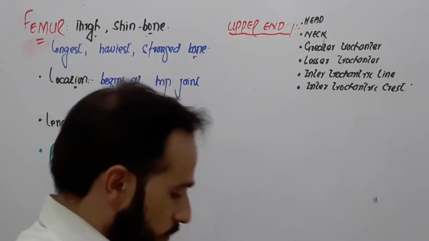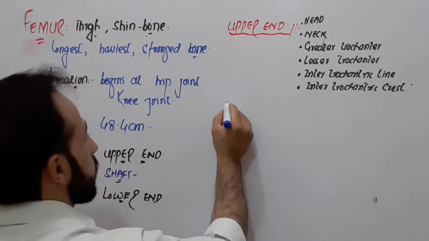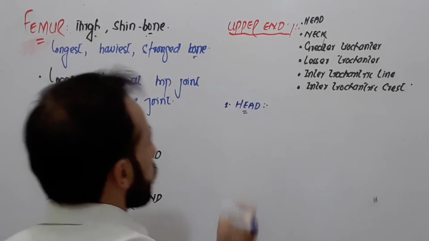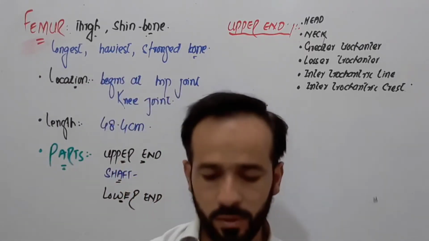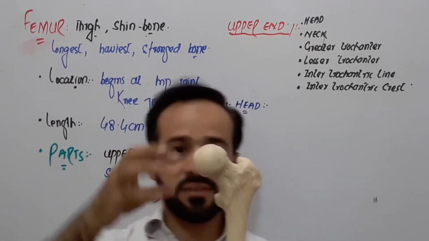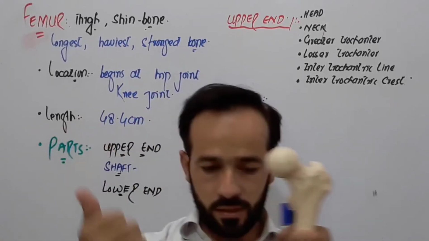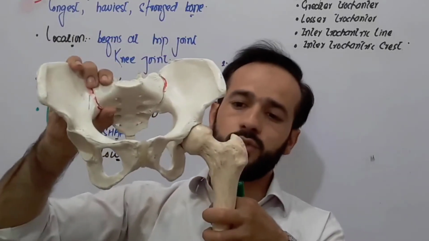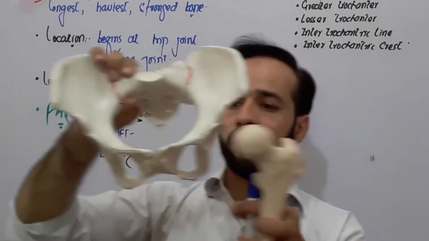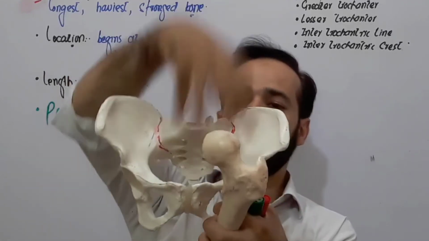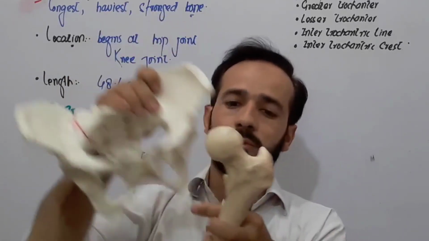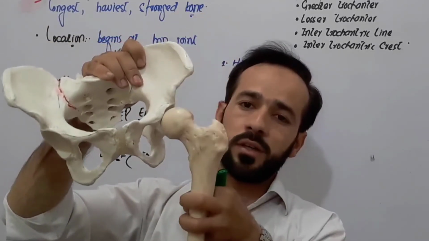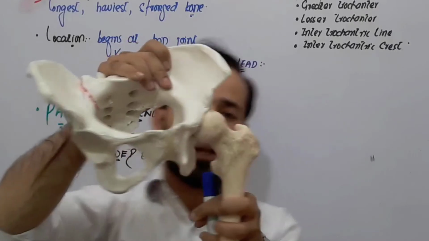Let us begin with the head. First part, the head. The head of the femur bone is actually present medially, right? As this is your pelvic bone, right? And this is the joint, the hip joint, right? So you can see here, this is the mid of the body, right? This is the mid side of the body. So the head of the femur is pointing medially, upward, and a little forward, a little bit forward.